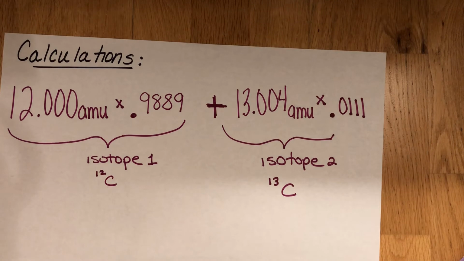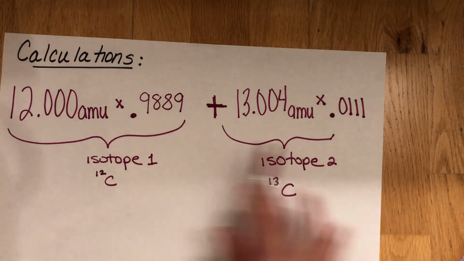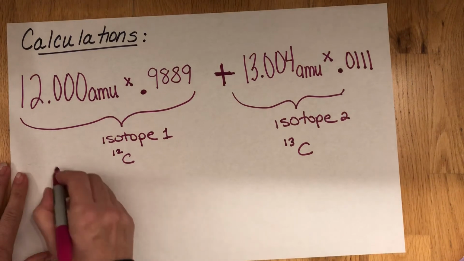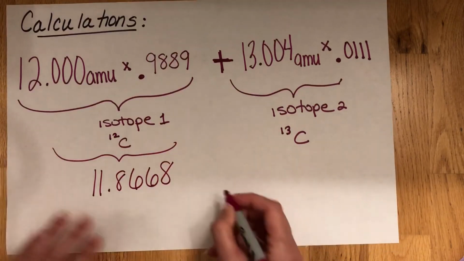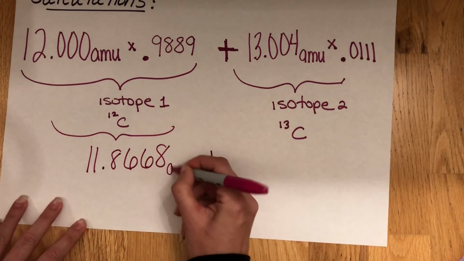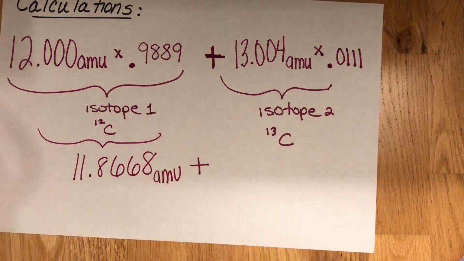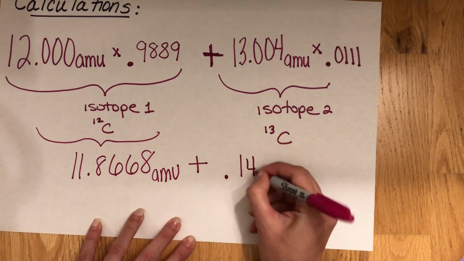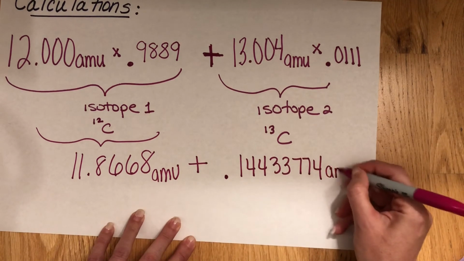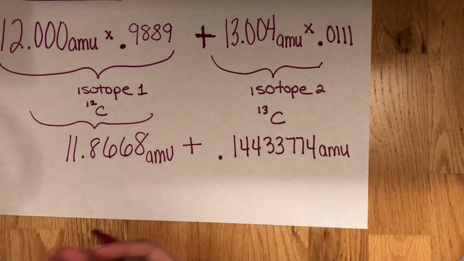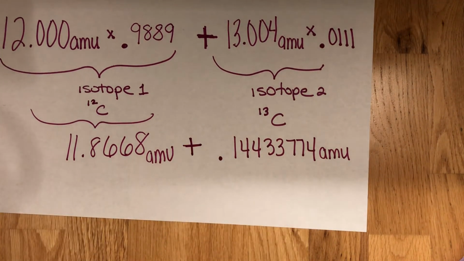Depending on your calculator, you might be able to do some quick parentheses to help you, but I got for this one here 11.8668 plus, and then remember our unit, AMU, plus, and then I go ahead and calculate that other side, and I get 0.144337774. I don't know, give it enough sig figs. So we're not actually doing exact sig figs here. And then I'm going to add these two together. And when I add them together in my calculator, I get